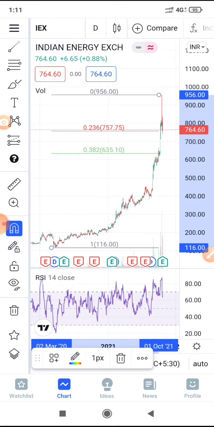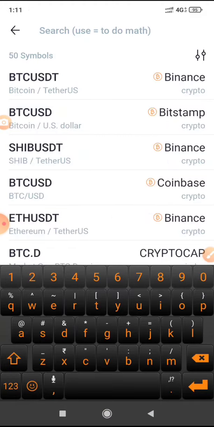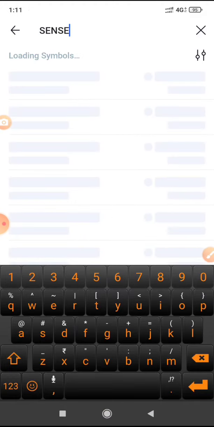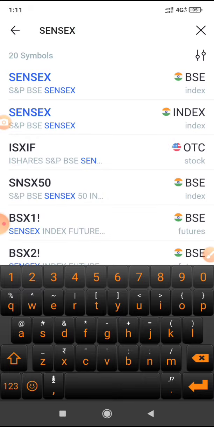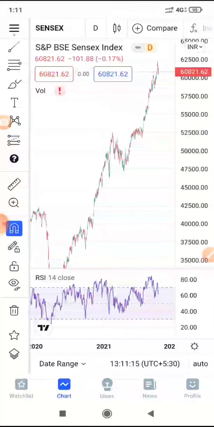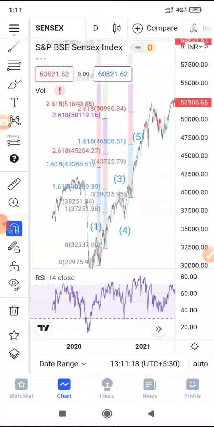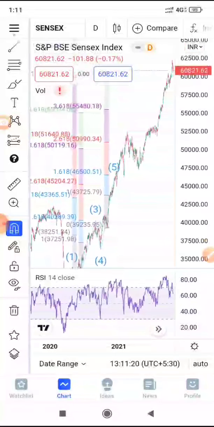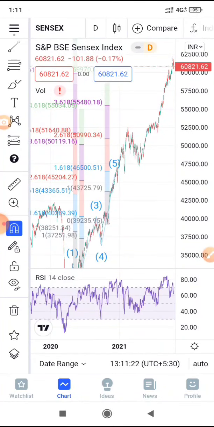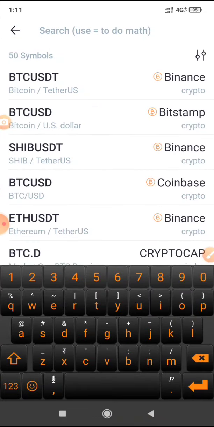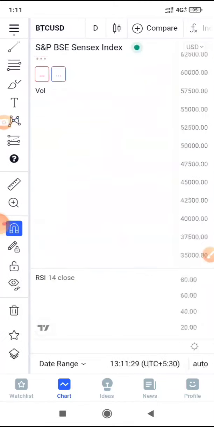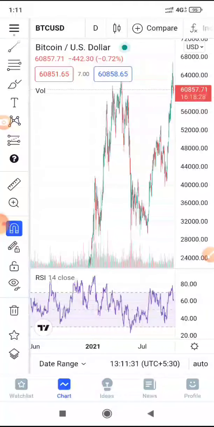TradingView. So here on my screen you would see the first option that we are going to check is this symbol. You can search any symbol here, open that and see it on the chart. You can plot a lot of stuff, right from Fibonacci, Elliott wave, or harmonics and all. So you can go ahead and search any symbol. Let's say I'm opening BTC USD from the menu. So this is to search the symbol.